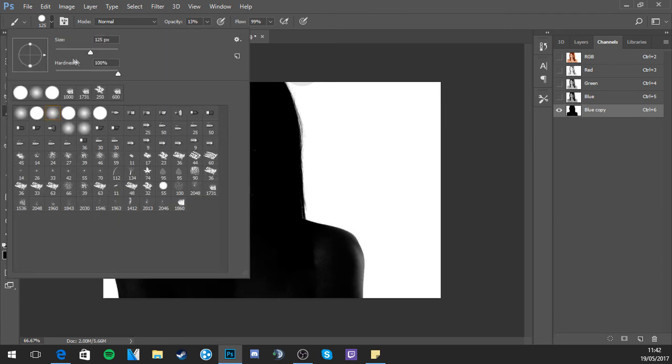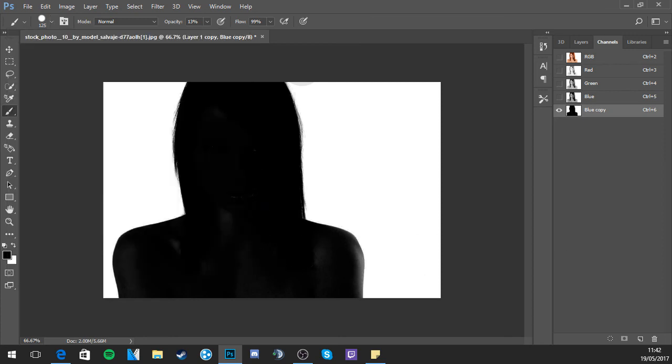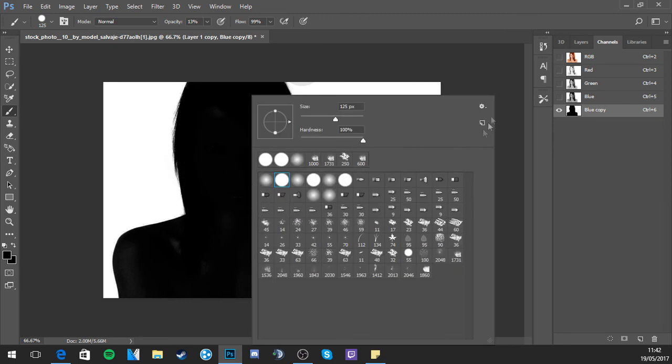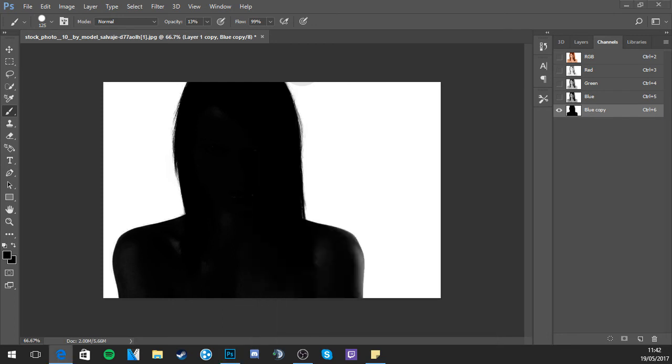No. What tip is this guy using? I don't understand why I can't make it black. See, this is what confuses me. What if I make both of these black? Is it gonna... Nope, still not gonna work. See, I've literally done everything he's done. That's what I don't get.